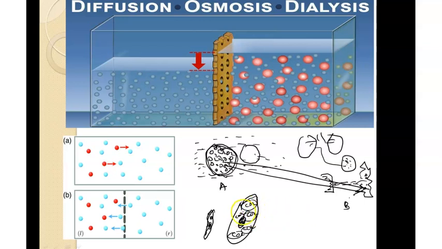At that point of time, what happens? The blood cell will be there. Inside the blood cell, we don't have any carbon dioxide and lactic acid. That kind of content we don't have over here. Let's say this cell is a blood cell B, and let's say it is a muscle cell A. Or it may be in aerobic respiration, carbon dioxide will be produced, as well as water molecules also produced. Both the diffusion and osmosis process will take place here.